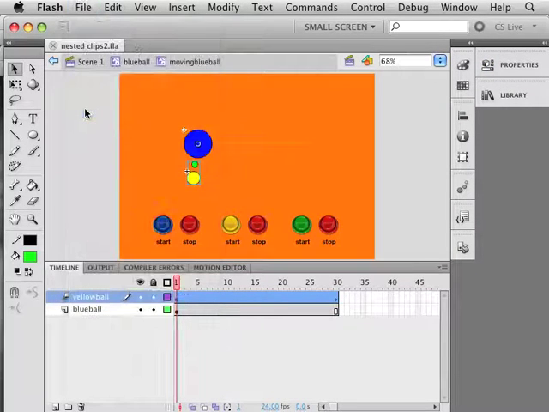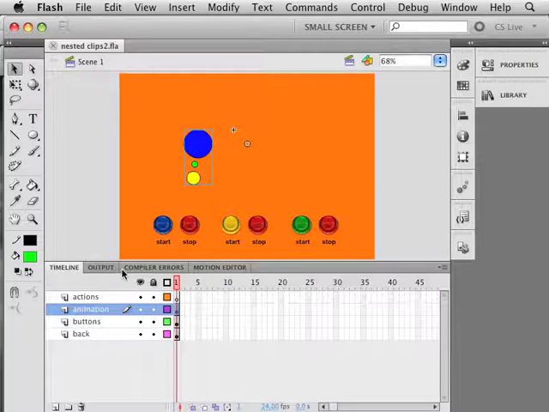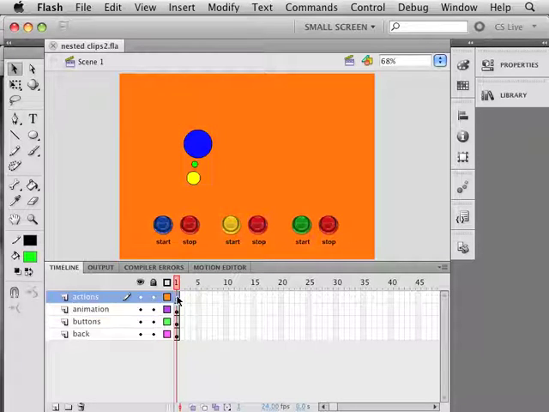And I think we're ready to apply some code. So I've got all my instance names for my buttons. I've got all my instance names for my nested movie clips. So let me go back up to scene 1. Go to my actions layer and highlight that. So I'll just address each button and apply the code. So we'll start with